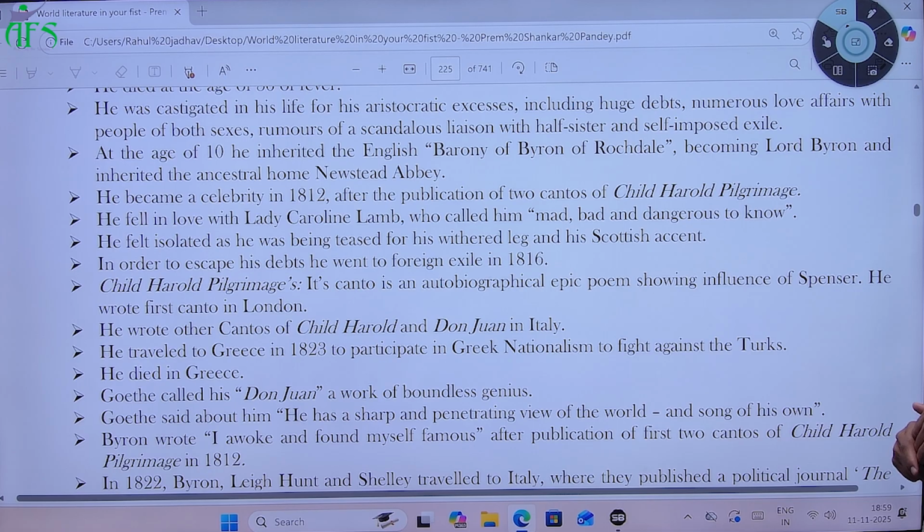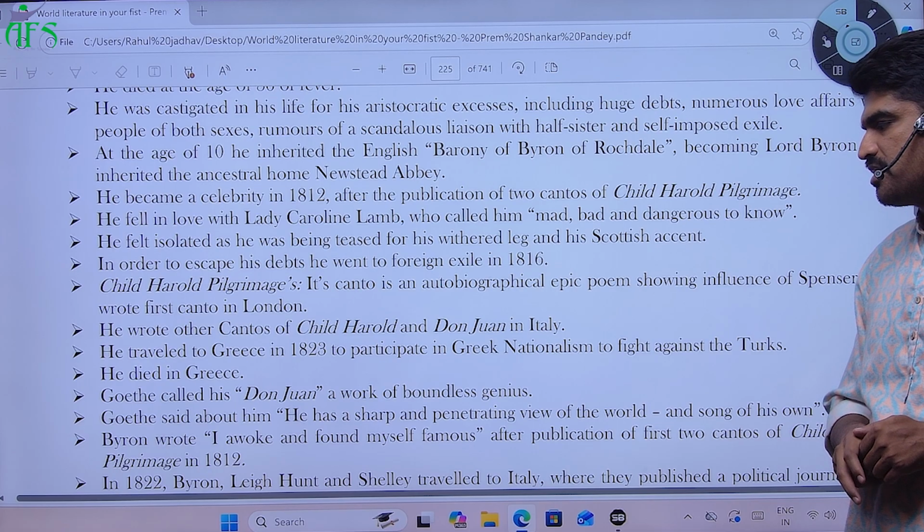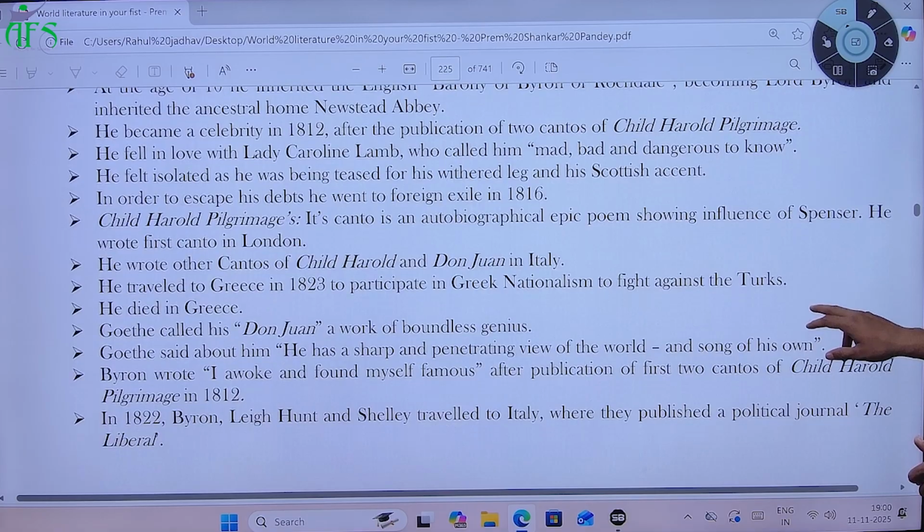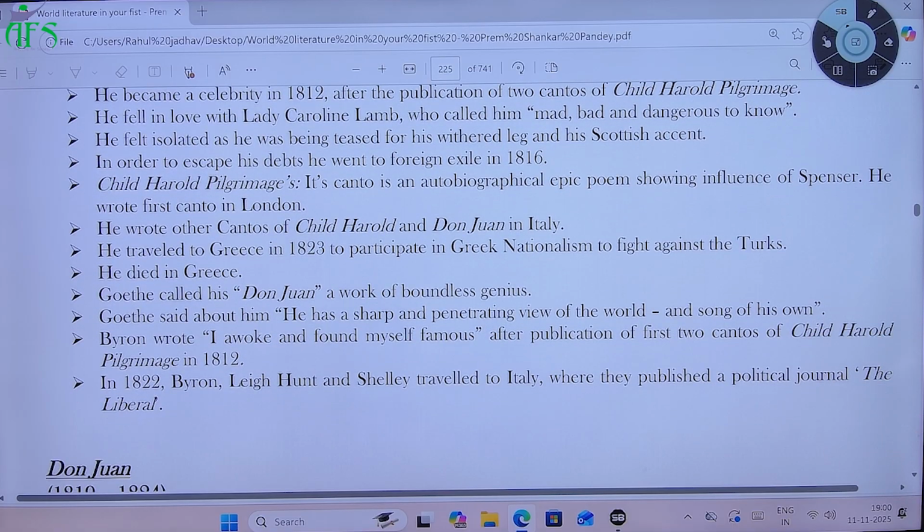Then he traveled to Greece in 1823 to participate in Greek nationalism and fight against the Turks. He died in Greece. Goethe called Don Juan a work of boundless genius. He also said about him that he has a sharp and penetrating view of the world and a song of his own. Byron wrote, "I awoke and found myself famous" after the publication of the first two cantos of Childe